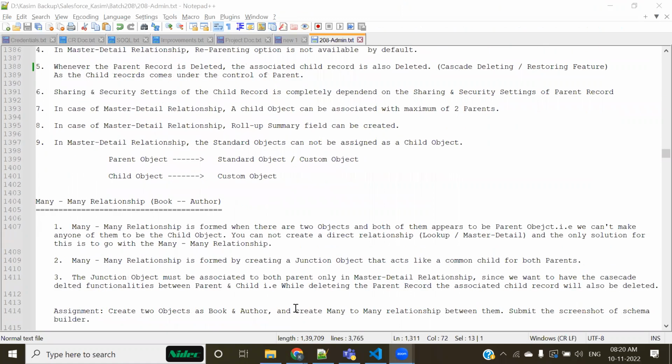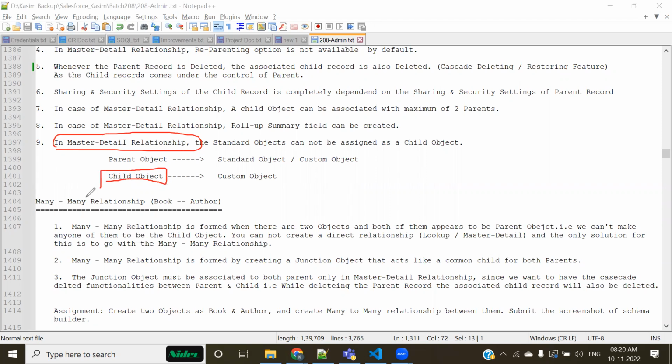In case of a master detail relationship, child must always be a custom object. Parent could be standard, could be custom, or rather I would say one-line statement. In case of a master detail relationship, child cannot be a standard object.